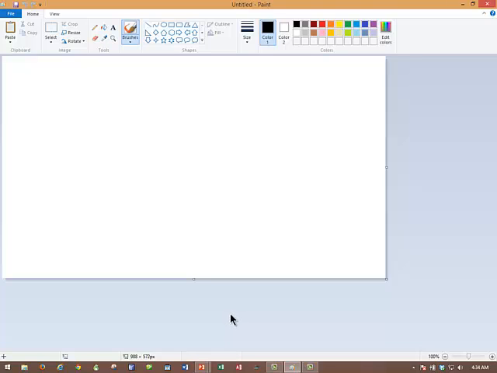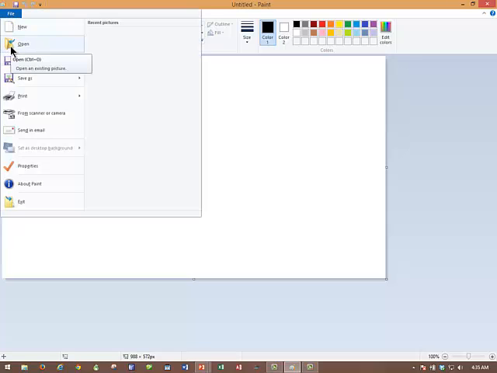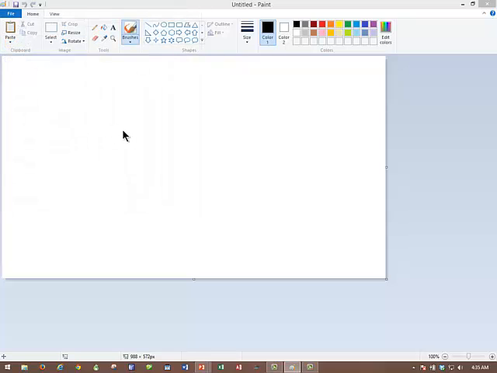So I've opened the Paint program. I am in Windows 8. If you were in Windows 7, it would look virtually identical. And I'm on page 337. What they want me to do first is to open a file. So I'm going to go to File Open and figure out what I did with my